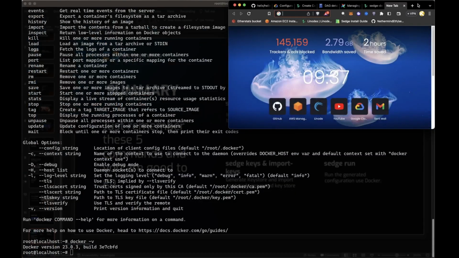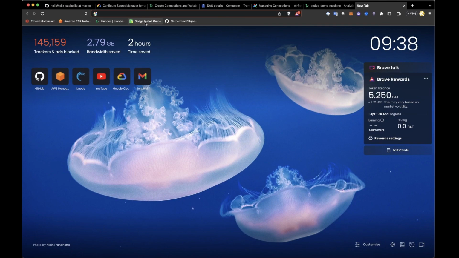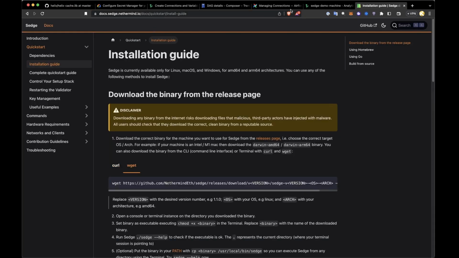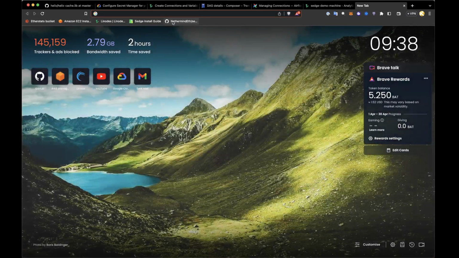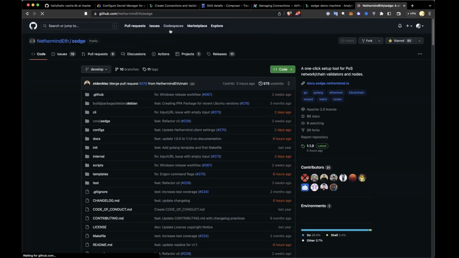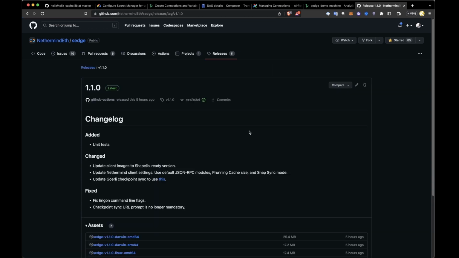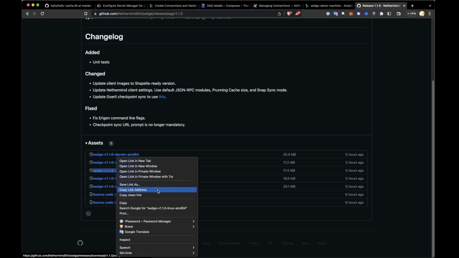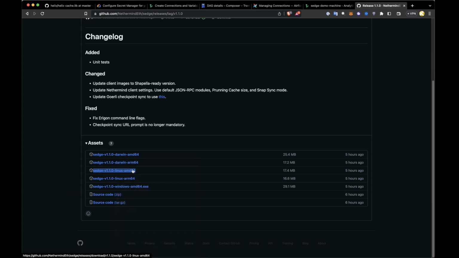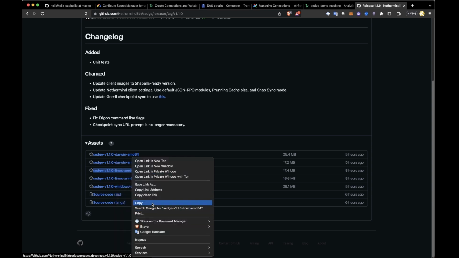I'm going to show you. So I have this setup guide. No, not this. Another one, Nethermind Sedge. Yes, you have this. There is a releases folder. Oh, they have released something new, whatever it might be. So in our case, we will need AMD64, and we will copy its link,